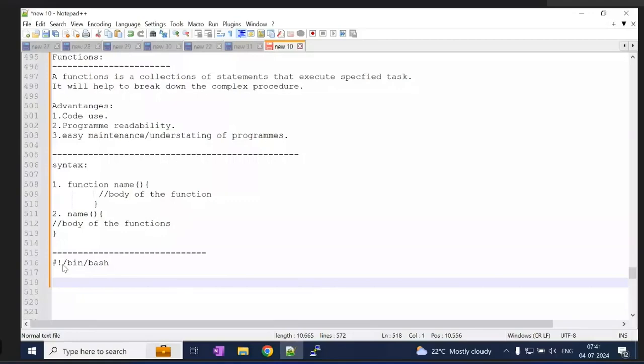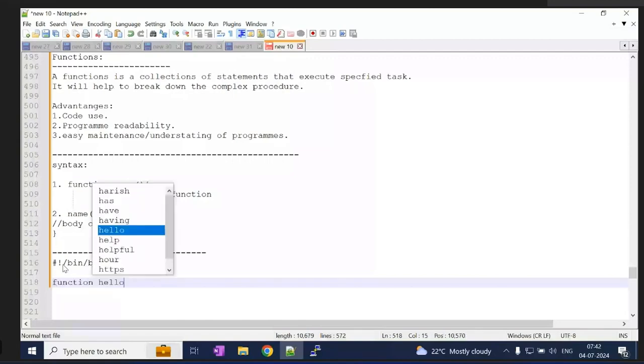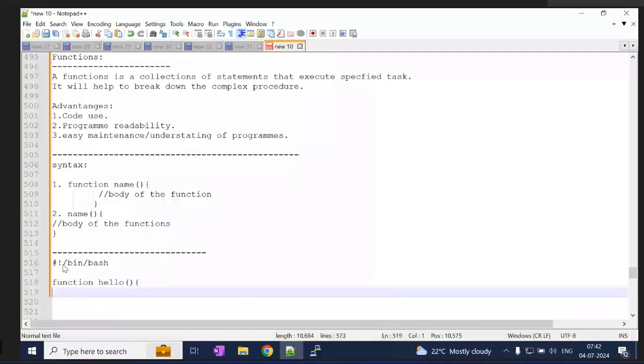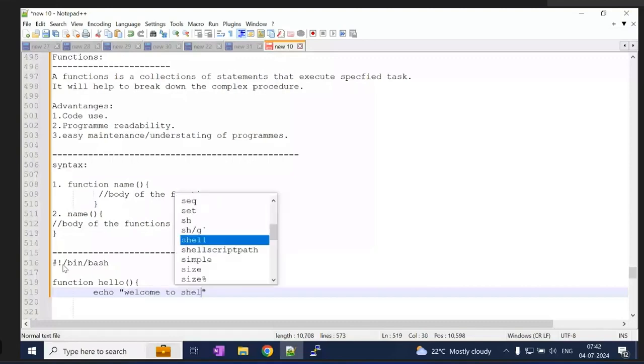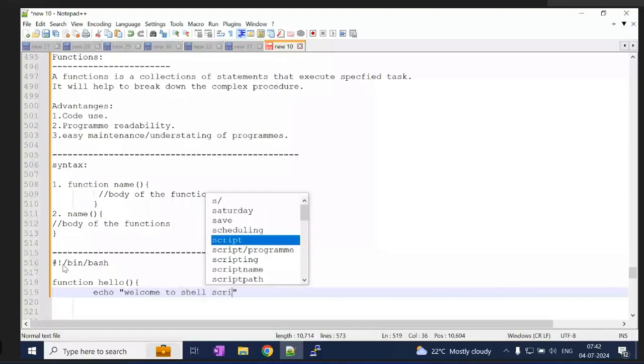So I'll say function, my function name is hello, then open the curly brace. Inside that, let's print some value: echo welcome to shell script, and I will close.